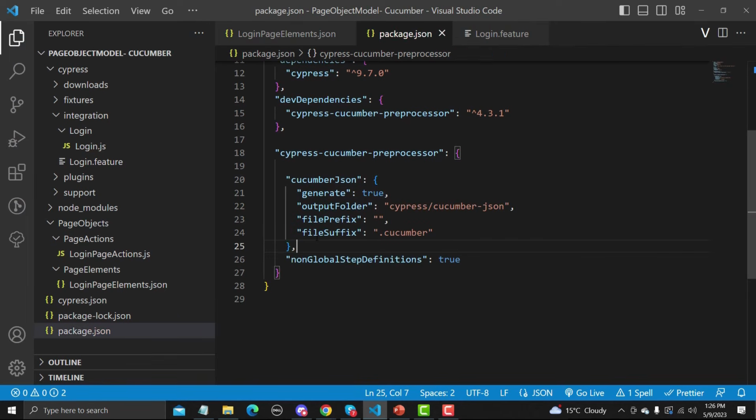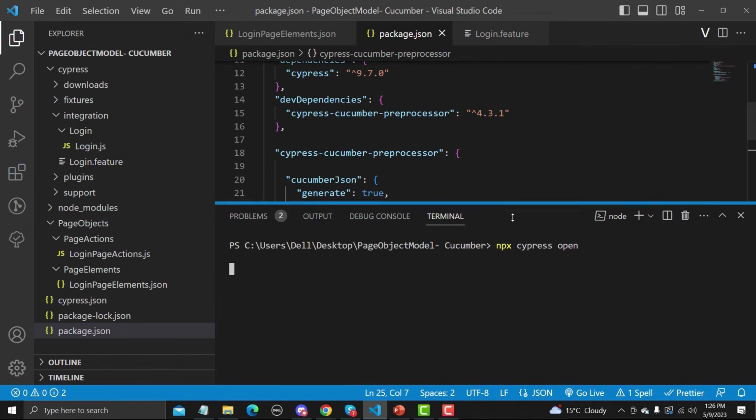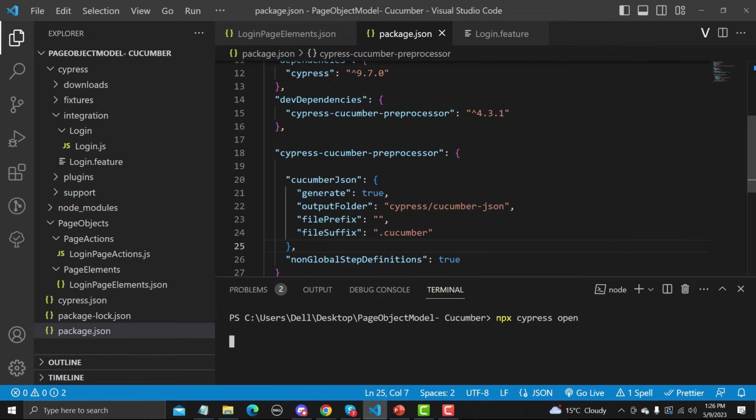So once we have added, now what we need to do is run this one. In order to run this one, let me go to terminal and open the Cypress Test Runner, npx cypress open. So it will open the test runner. We will execute this one, and what this will do is generate the file with the format JSON, and the output folder is